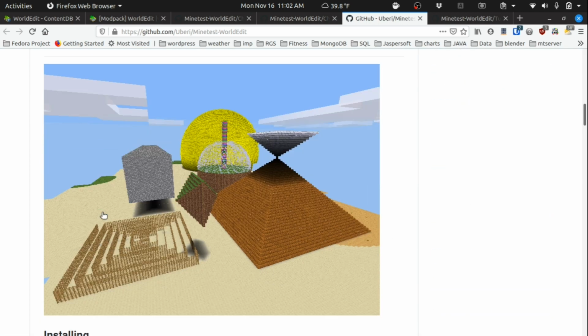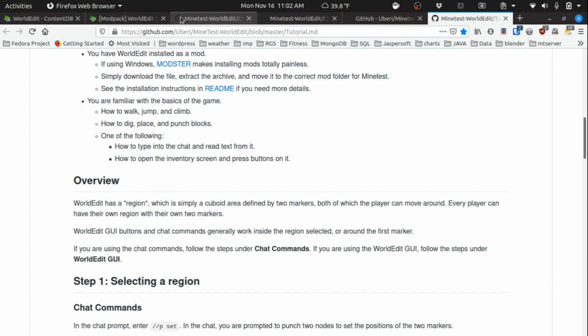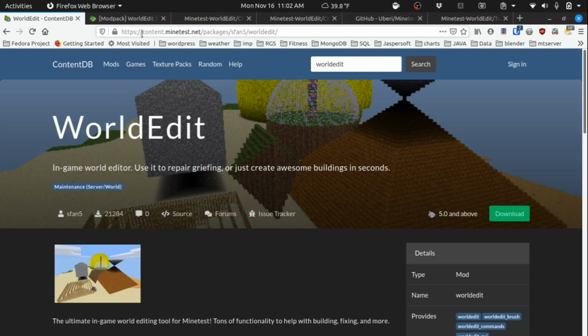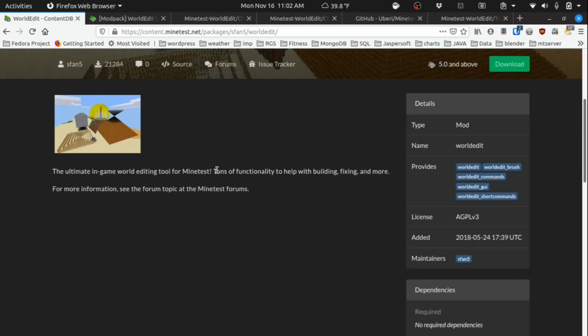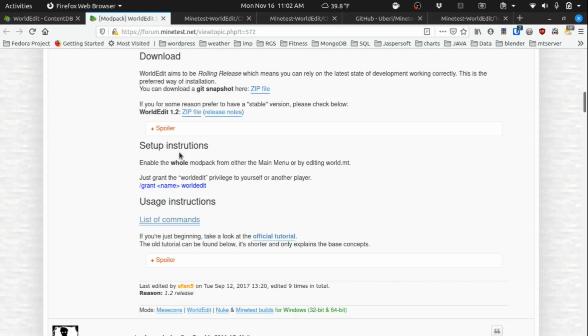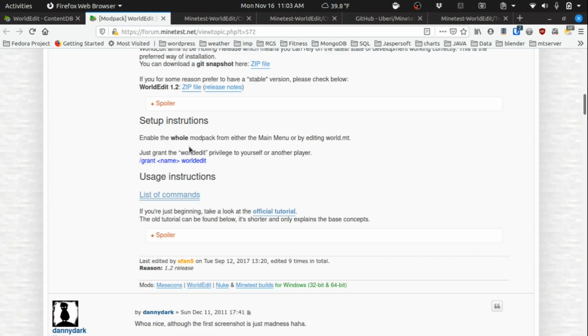This also has links to the tutorial, and everything here I got off of the main mod page. So you can go to content.minetest.net, click forums, and that'll get you anywhere you want to go with this mod. It does take a little while. Also, if you're on a server that has Worldedit, you may not have permissions, and a lot of server admins don't like when people ask for permissions. But if you're playing single player, or on your own server, you can grant yourself